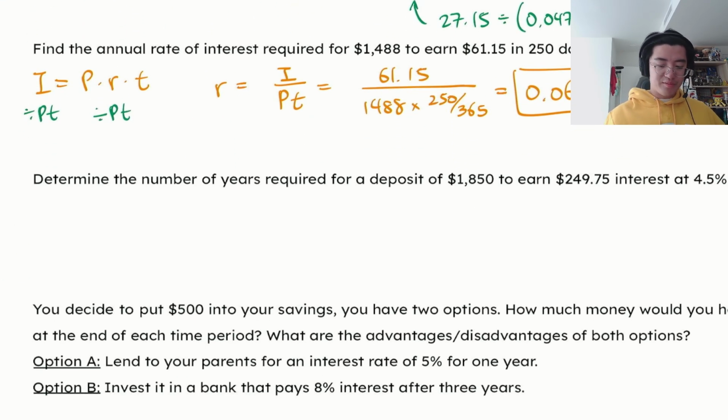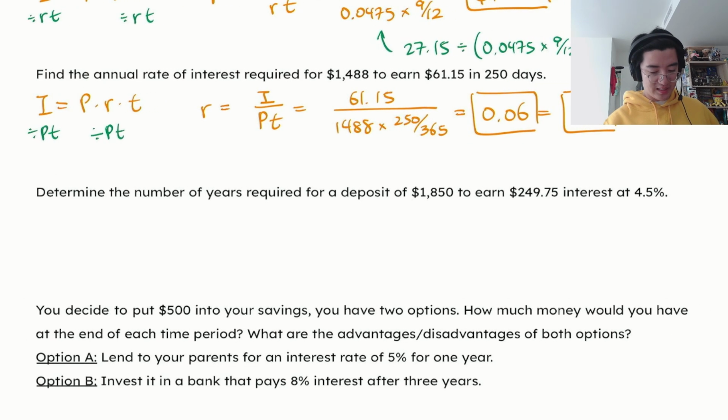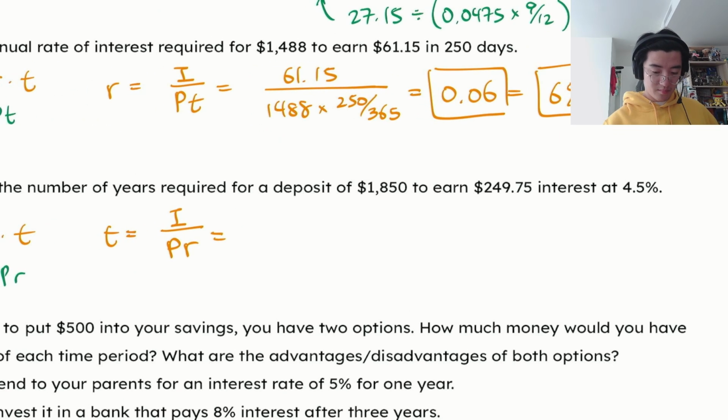Okay, number of years required for a deposit of this amount to earn this much at this interest. Right, so that's the last one we haven't done yet. Isolating T, divide both sides by PR. So we got 200 for